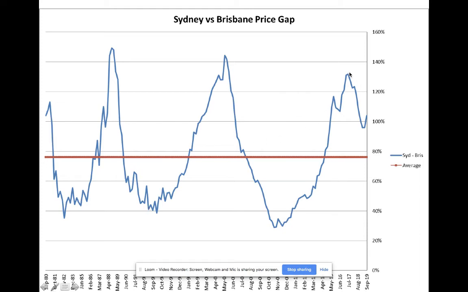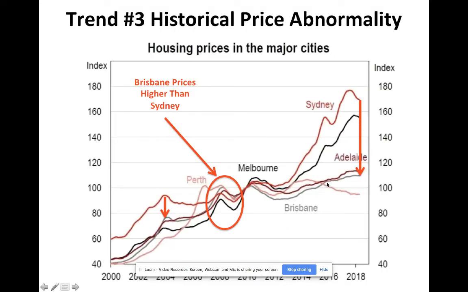Now, if you can see here, the gap peaked about here, and now the gap is closing. The gap is closing, of course, because if we go back and look at the data, you can see here that Brisbane has been growing and Sydney has contracted a little, because you can see here that Sydney does go through some very small contractions after a long growth phase. So it'll grow, it'll contract, it'll go flat, and then it will grow. But during that time, Brisbane has always in the past always caught up and always closed the gap.